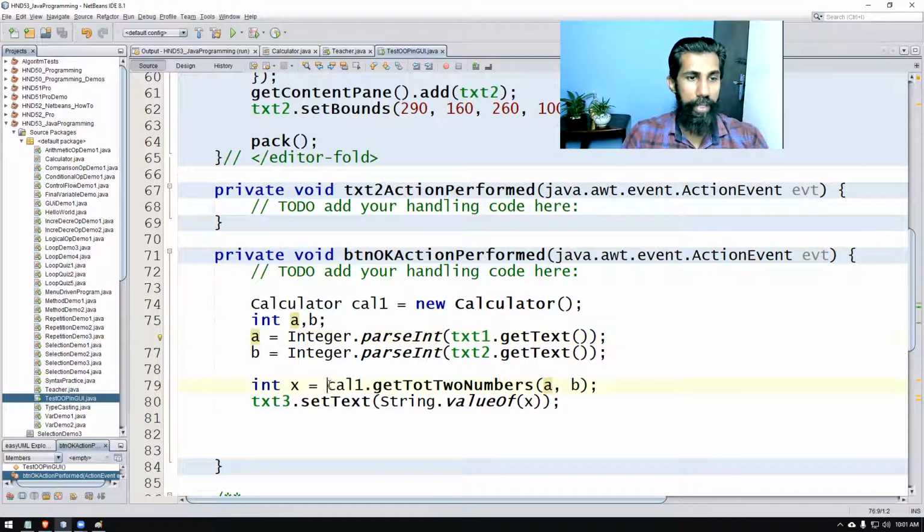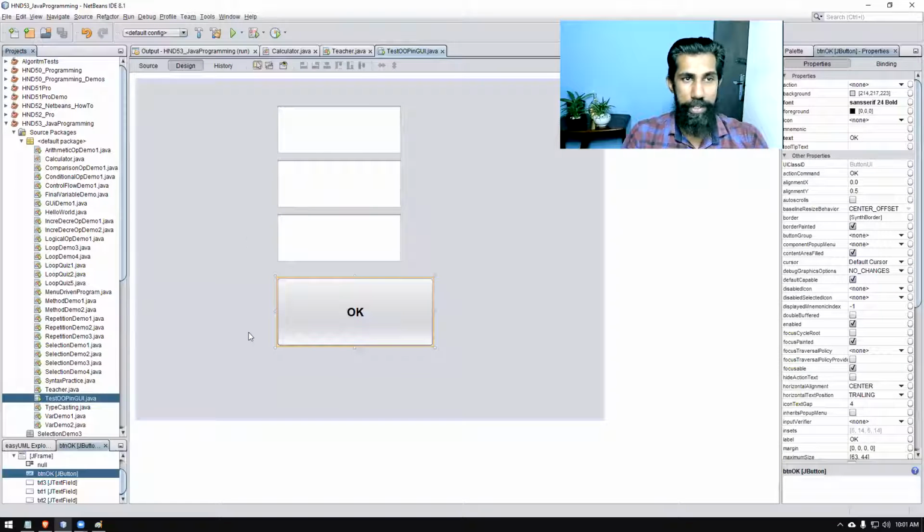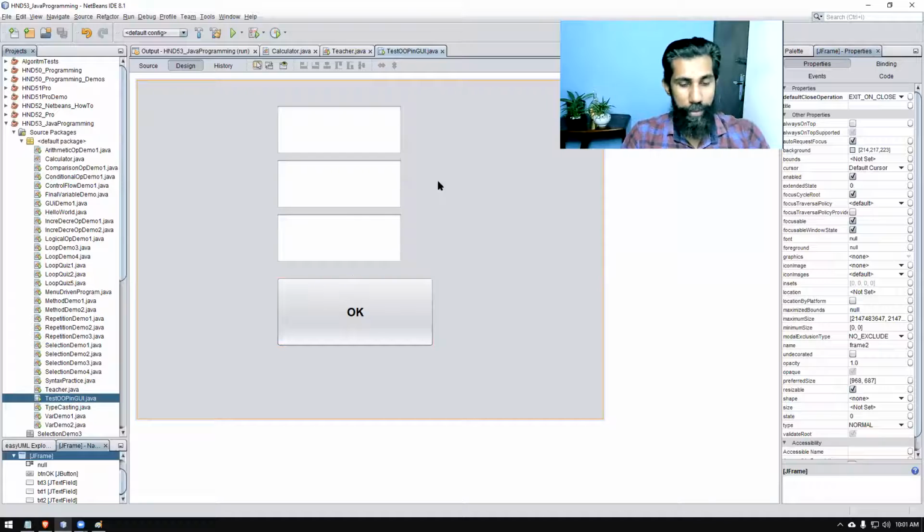We are simply calling the calculator object to perform the calculation for us and give us back the result, and we are simply displaying. So this program is working like an interface. That's correct, it's working as a GUI interface, graphical user interface. The program is actually happening under the calculator part. So if you run this program,